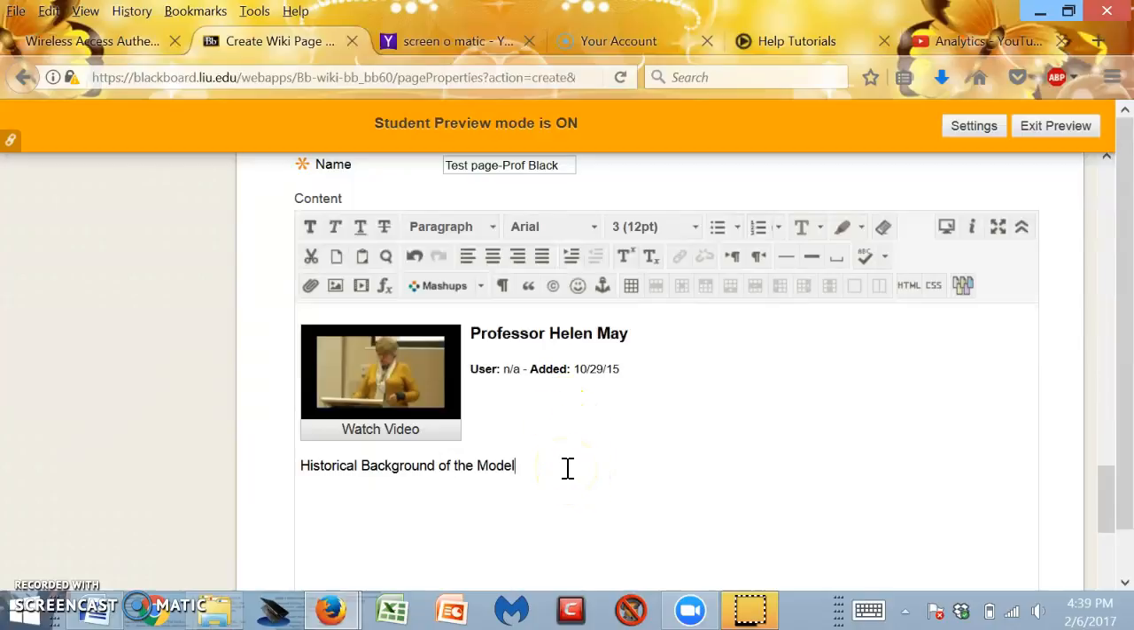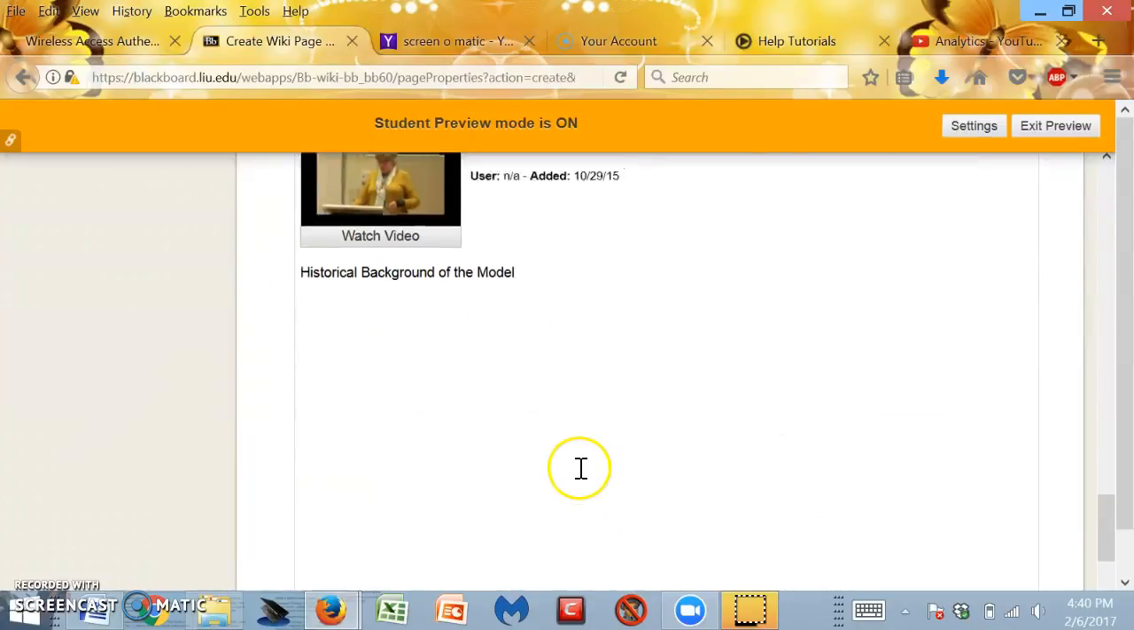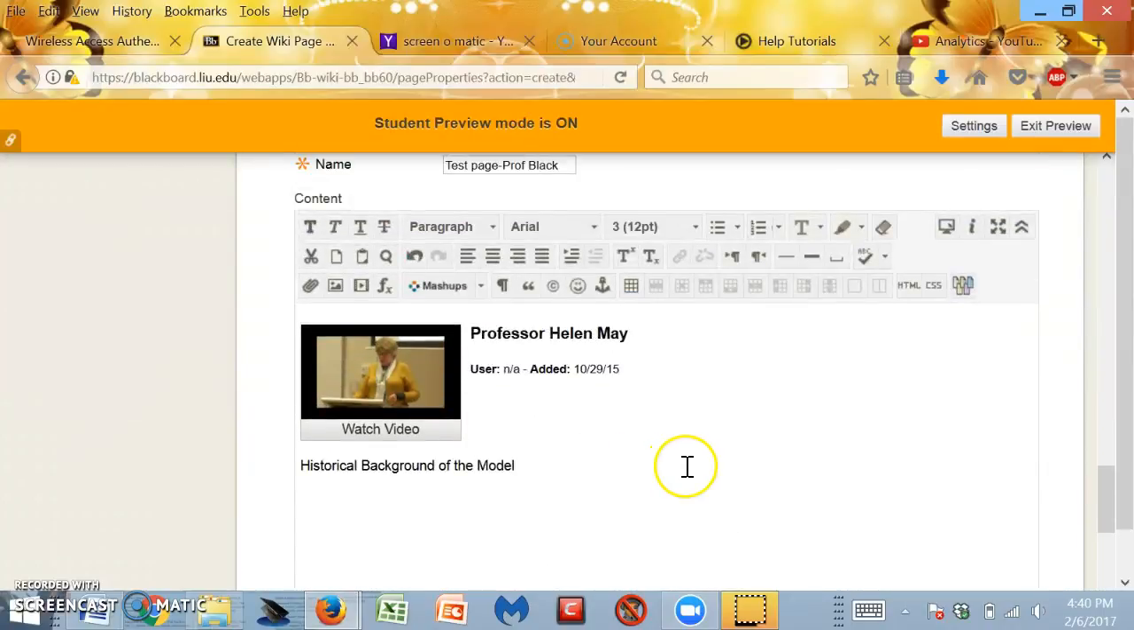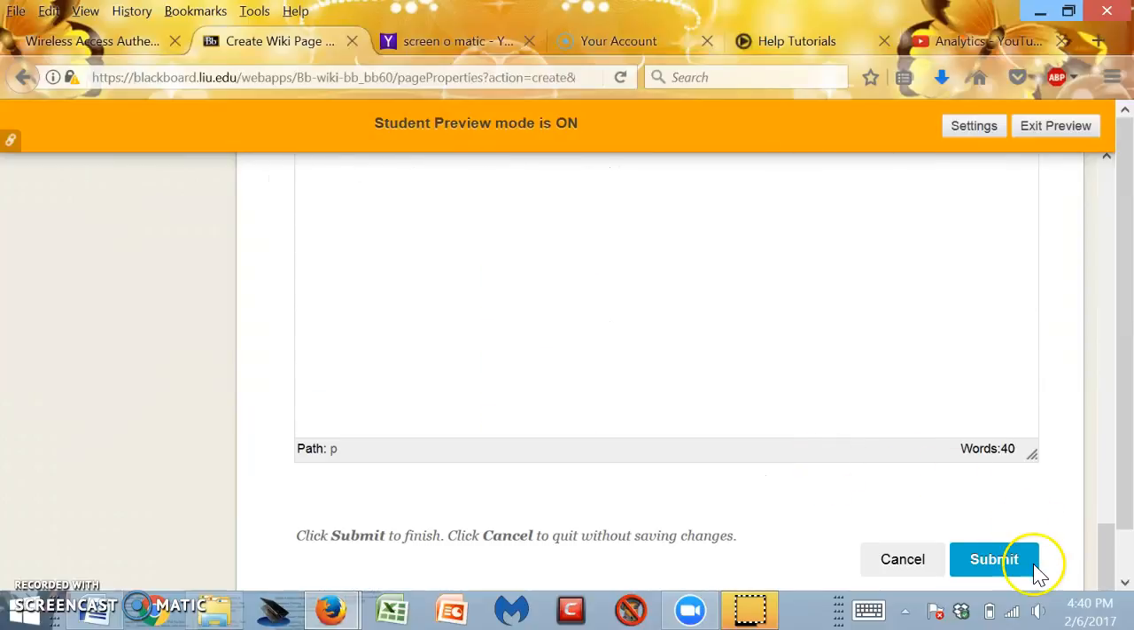And I would recommend that you create a Word document that has your text, and make sure you proofread it, go over it, and then copy it and paste it onto the page, and then just upload your videos and images and anything else that you want through these tools. And then once you have finished, you looked over your page, you click submit,